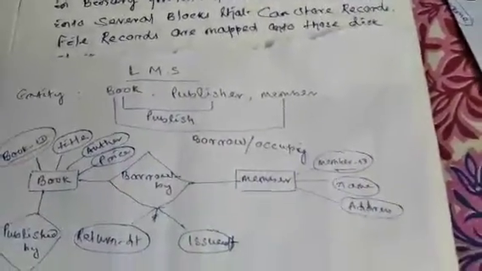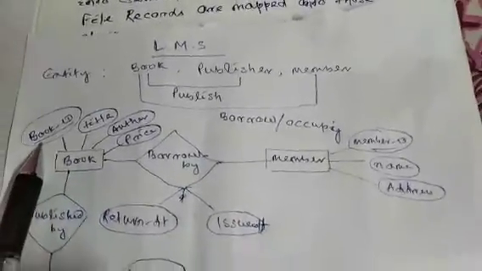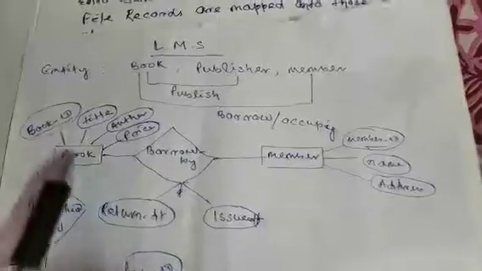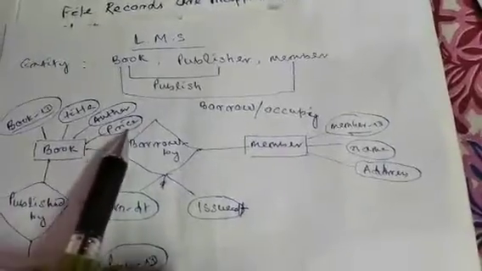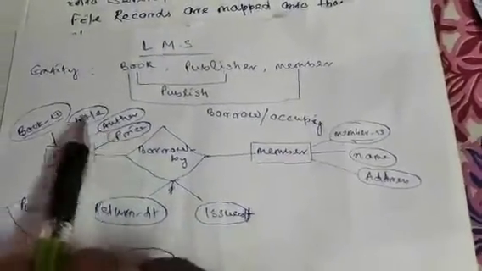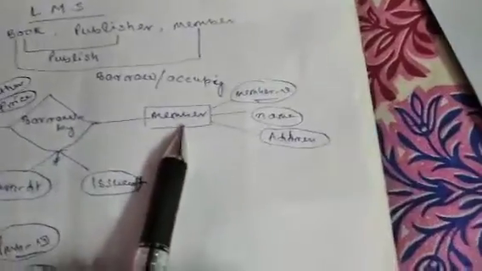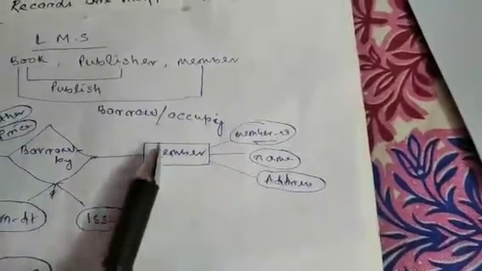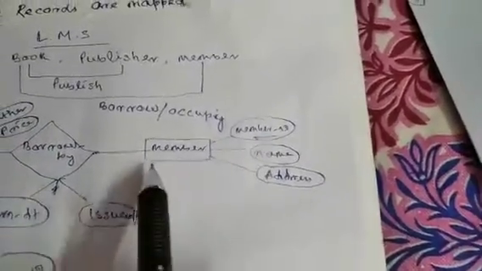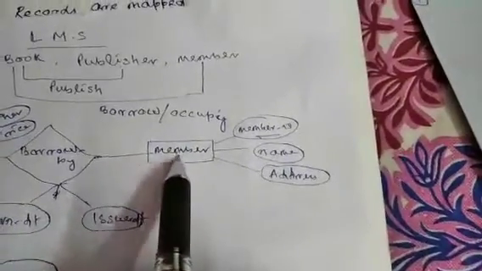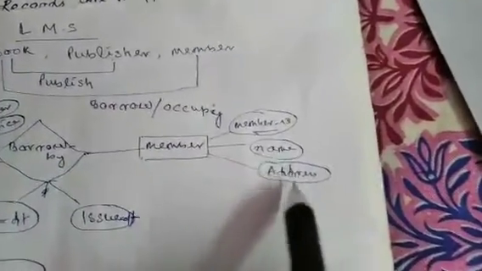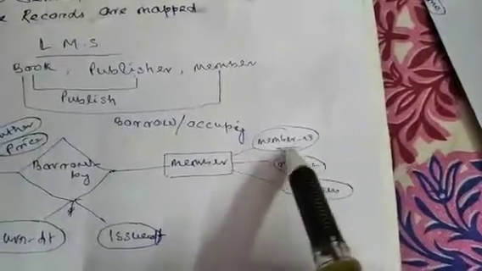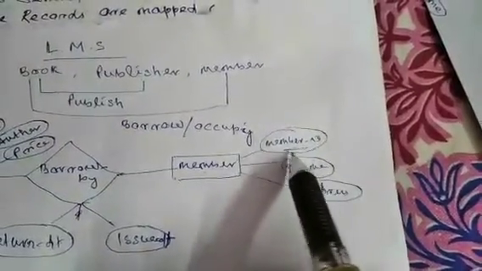I am considering all the attributes. For book there is book ID, which is considered the primary key, and book title, that is the name of the book, and book author, that is who wrote it, and book price, what the price of the book is. So these are the attributes for the entity book. And another is member, because in the library system a user or a member reads and borrows books from the library. This member entity has member ID, name and address as attributes, and member ID is considered the primary key, so it is underlined.